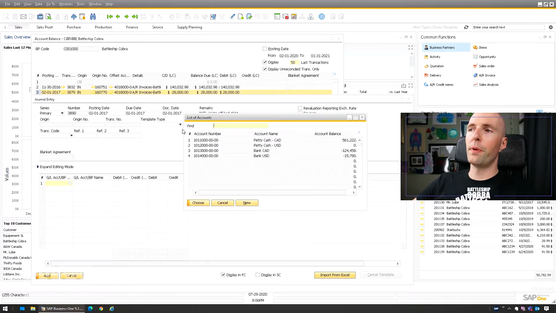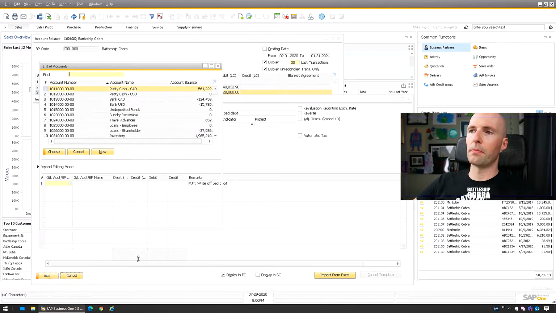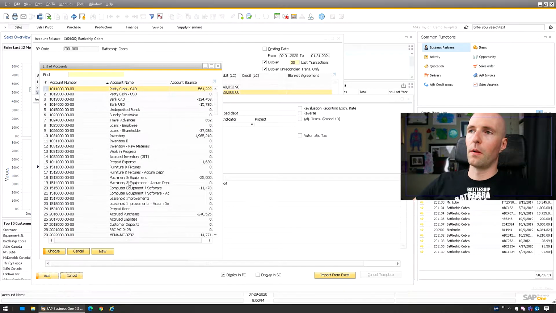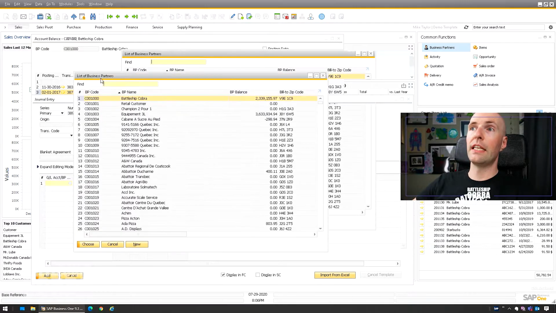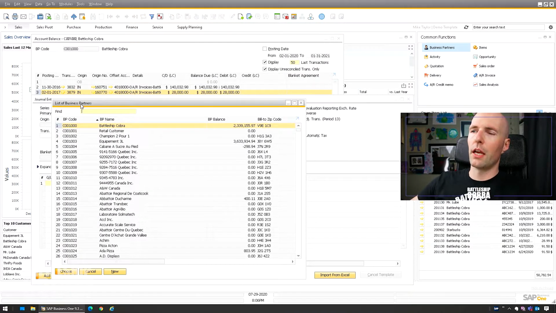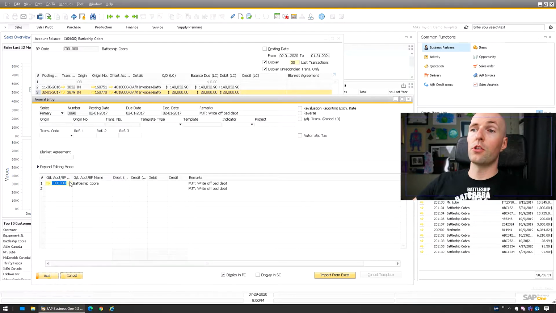See, if you pop this open, you just see a list of GL accounts. But if you go Control Tab, you see a list of subledgers and I can pick the first one here. So I've used Control Tab to get to this subledger. List of business partners, you can also right click and click that too. So I have on one side a subledger account, and then the other side,